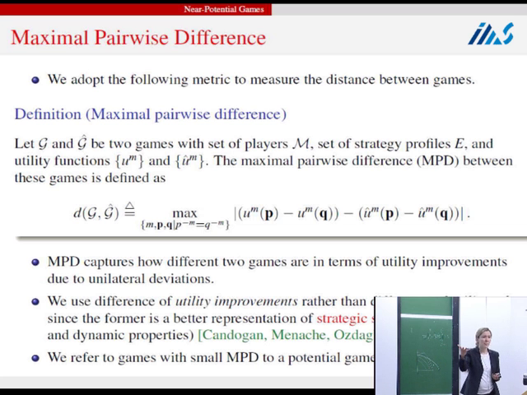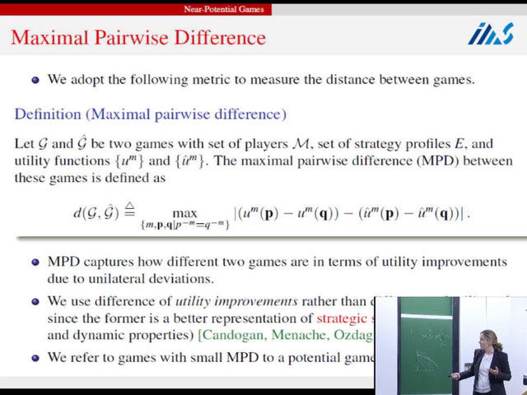Think about a game. Generate another game by adding a constant, 1, to each of the payoffs. So if you think about utility values as your distance, these two games differ by that constant, by 1. However, if you look at this equilibrium set or properties of dynamics, best response behavior, that doesn't change, because best response behavior or equilibrium depends on the difference between utility values, utility differences. So it's the utility differences that determine such properties. Therefore, we actually work with these utility differences in terms of defining the distance.